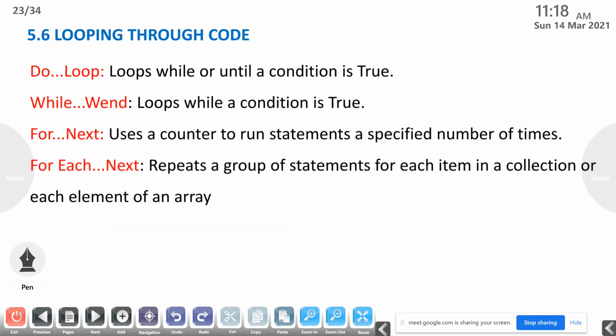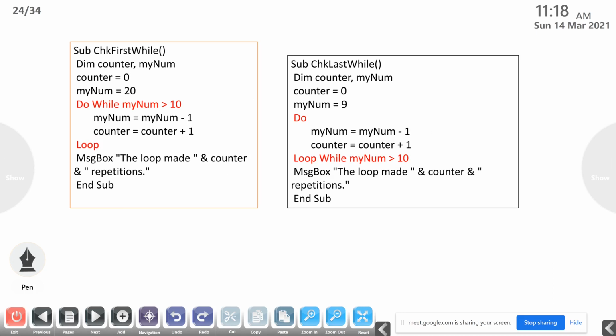Then looping through code, Do Loop. It loops while or until a condition is true. Do Loop, While Wend loop, For Next loop, For Each Next. These are the loop statements that we can use with VBScript. Do Loop, we will explain. So, first one,